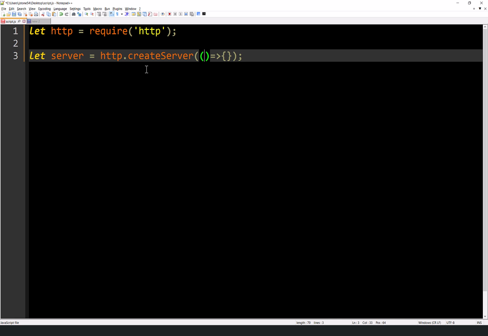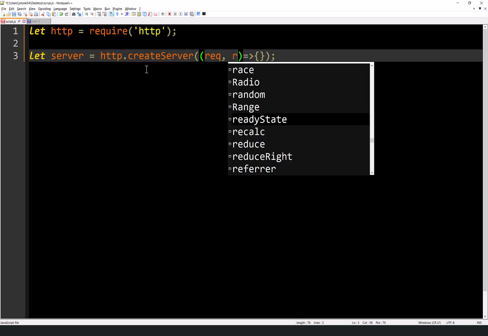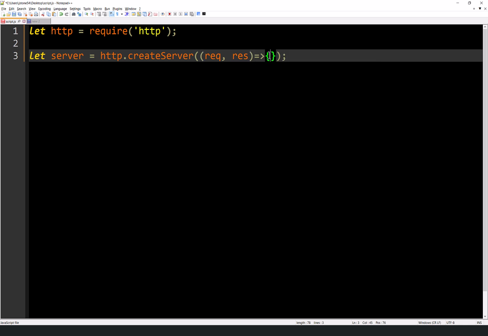And so there are two parameters that this anonymous function here will take. The first parameter is the one that takes the information that was requested from the browser, right? The www.whatever. And so we can call it req. That's pretty standard practice in the industry to call it that. But again, it doesn't matter what you call it. The first variable, just know that that's going to deal with whatever's requested. The second variable is going to deal with the results. And so typically we use res. Again, you can use whatever you want, but those are standard practice.